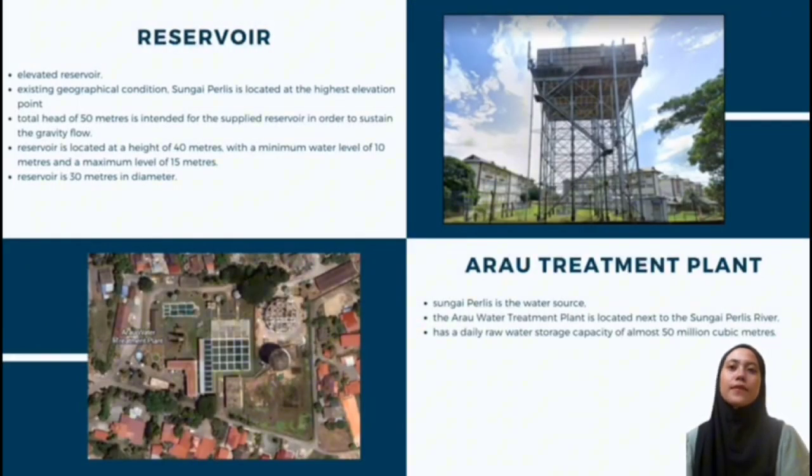Based on this study, given that Sungai Perlis is the water source, the storage reservoir is the most suitable type of reservoir according to the site condition assessment. The Area Water Treatment Plant is located next to the Sungai Perlis River, which has a daily raw water storage capacity of almost